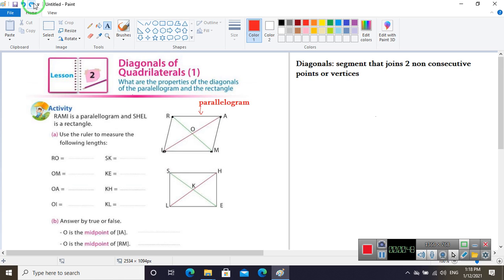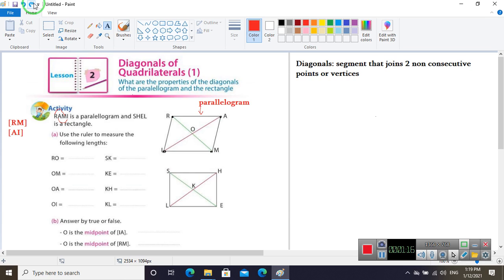How can we get the name of a diagonal of a parallelogram by its name? Let's see. We make a small arrow from the first letter to the third one, RM. Also AI. Did you see the arrow? Now we can say RM and IA are the diagonals of the parallelogram